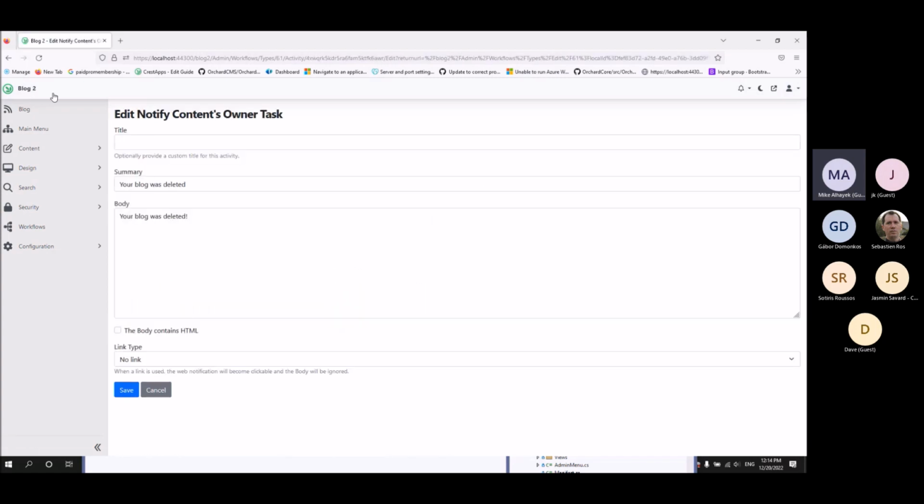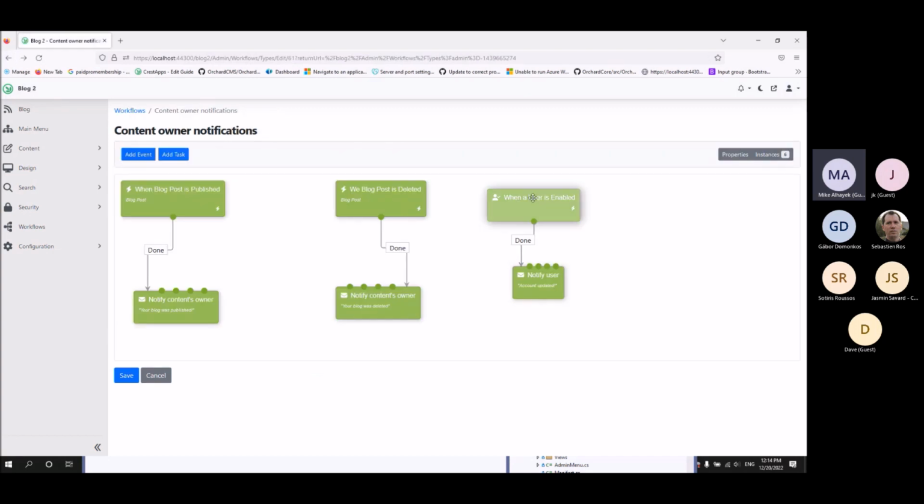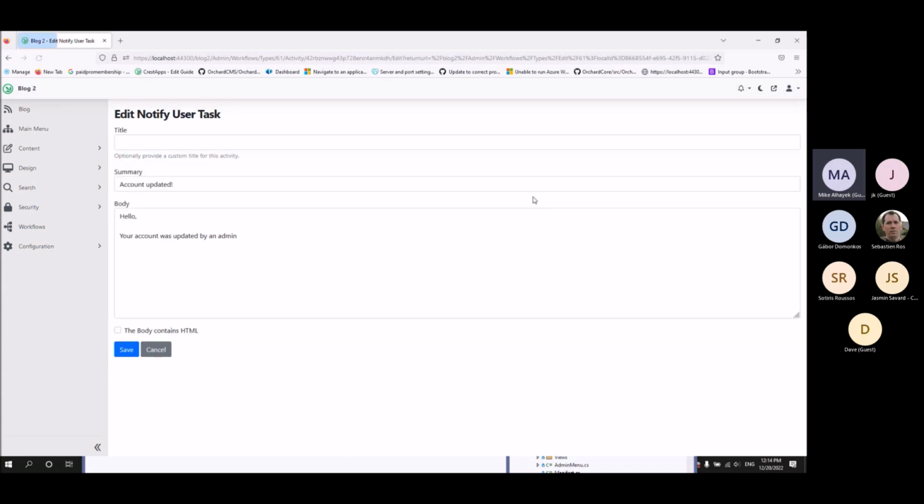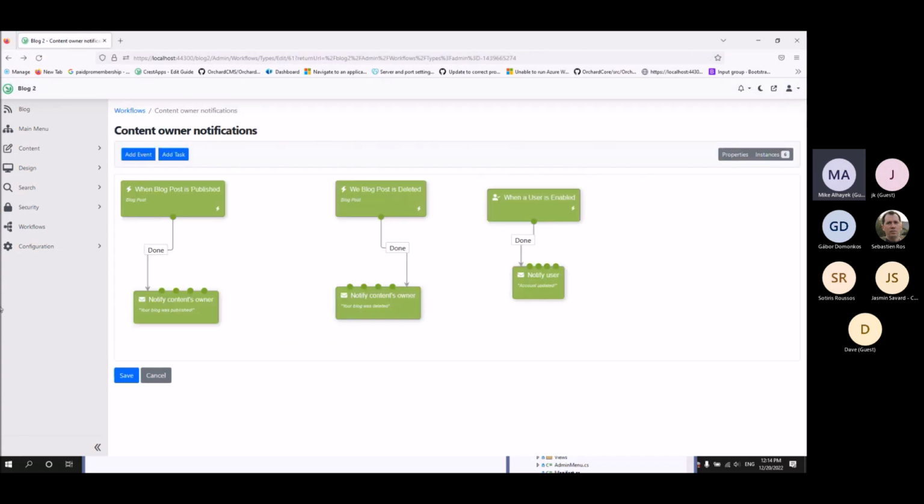There is nothing fancy about the notification here. It's just generic messages for the test. And here, whenever we update a user profile, we can also send a notification. But because these are workflow driven, you can hook into about anything. There is a menu up here that will allow you to access notifications. So just to show you how this all works real fast, I'm gonna go to